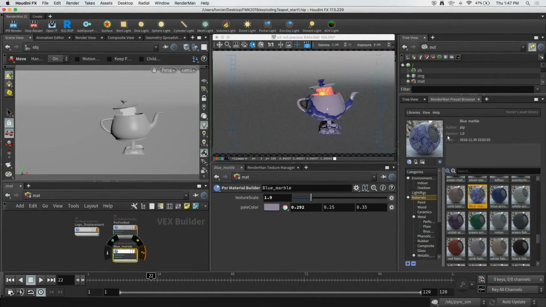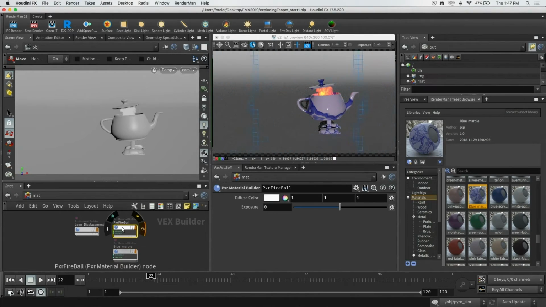Another way would be to create a RenderMan material asset, and then that would be put into your preset browser, and then you could give that away to Maya or Katana, and someone else could start lighting in Katana, for example. So I've done the same thing with my fire shader, where I've promoted two different parameters, the diffuse color